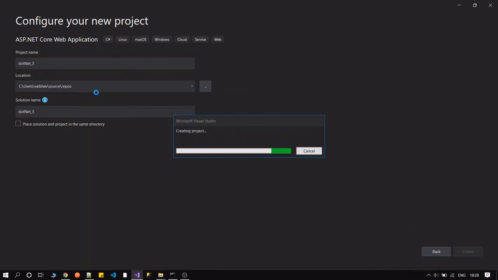As this is the new framework, I guess there must be a difference while running this project, because the scaffolding and template should be different since they change in every version of .NET. So let's see, once our project is created, what kind of default scaffolding or template we are able to see in that. It may take a while, creating the project. Let's see how much time it will take.